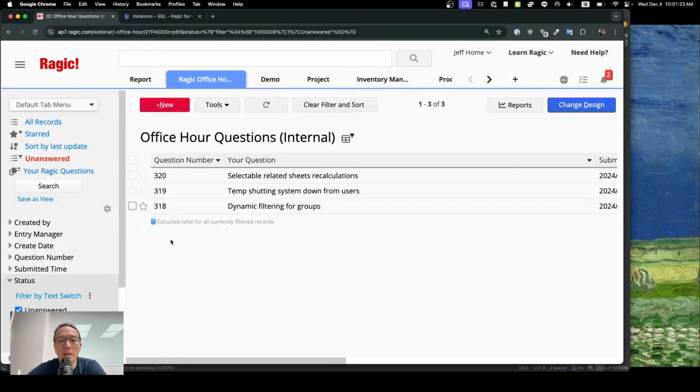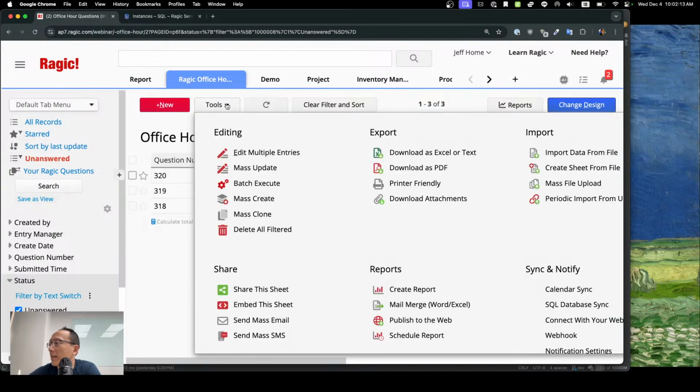So even though Ragic does have an HTTP RESTful API interface, the interface that a lot of IT departments are actually the most familiar with is SQL, and also a lot of reporting tools, analytic tools, or other enterprise tools support a SQL database by default. So a lot of times users from IT departments would like to access their data on Ragic through SQL. So this year, I think just last month, we added support for syncing